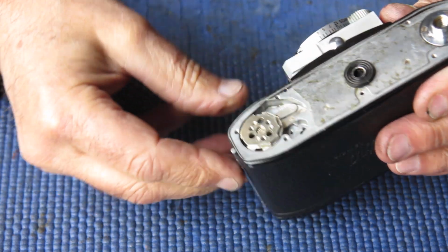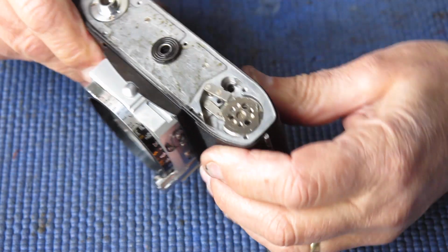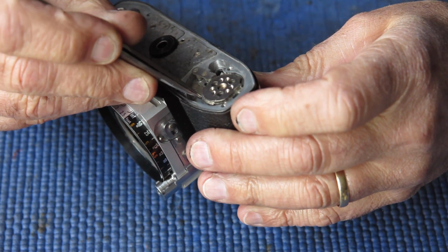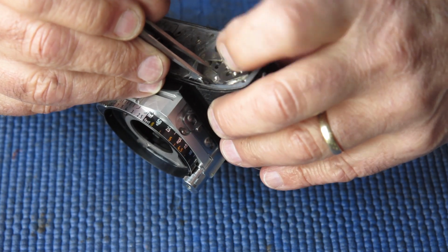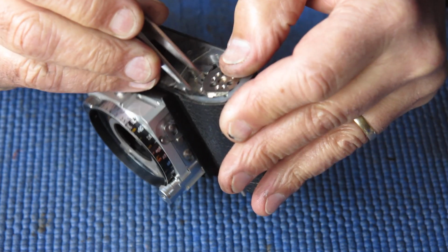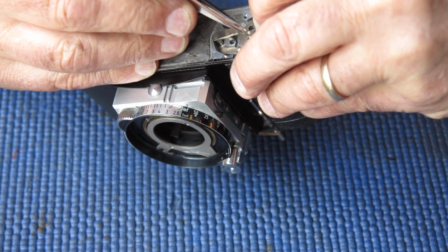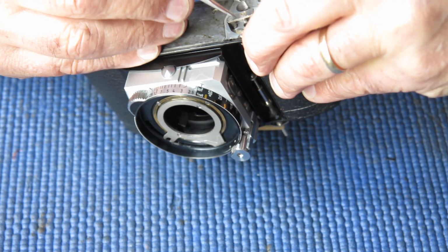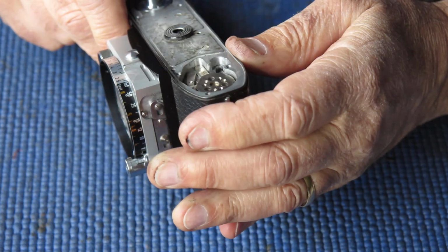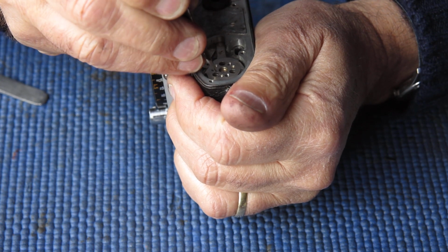drop my film advance shaft in, and I've got to get this fixed down in place. So I've pushed up and swung the lock lever out of the way, and I'll just revolve this shaft until it's in the normal position it'll sit, the start position for the winding stroke. Which is right there. Let that lock lever drop back in, and the release lever's dropped in. That's good. Make sure that the holes are aligned here to get my screws in,